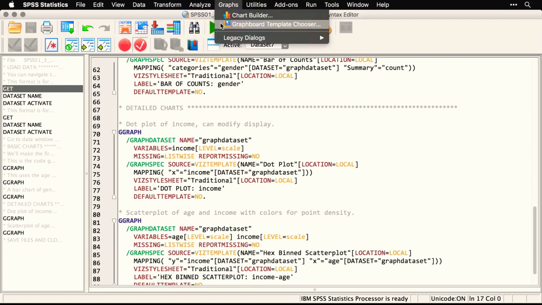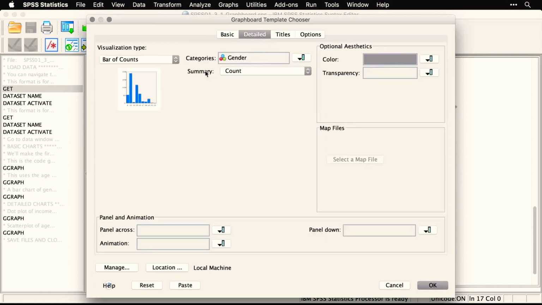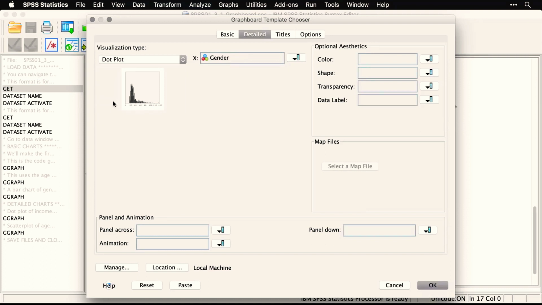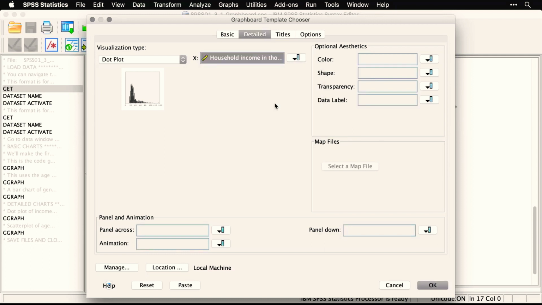I'll come up to Graphs, to Graphboard Template Chooser. This time I'll go to the Detailed tab. Click on that. And I'm going to make a dot plot. So I'm going to scroll through this. You see we have a lot of choices. I'm going to choose dot plot. And then it's going to ask what I want to make a dot plot of. And I'm going to click on this and I'm going to scroll to income. See, the one that I want is right here, household income in thousands. I can click OK